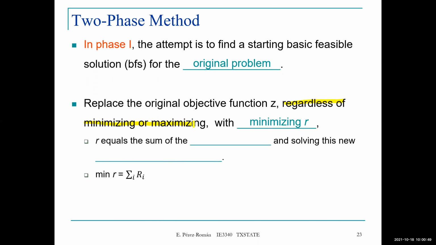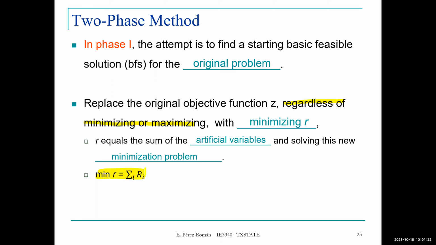We're going to minimize the objective function for phase one, which is minimizing the sum of the R. R equals the sum of the artificial variables, and solving this new minimization problem, the objective function is going to be this. So this is for phase one. We are not going to use the original objective function to solve phase one. We're going to take this objective function, which is basically saying we want to minimize the summation of the values